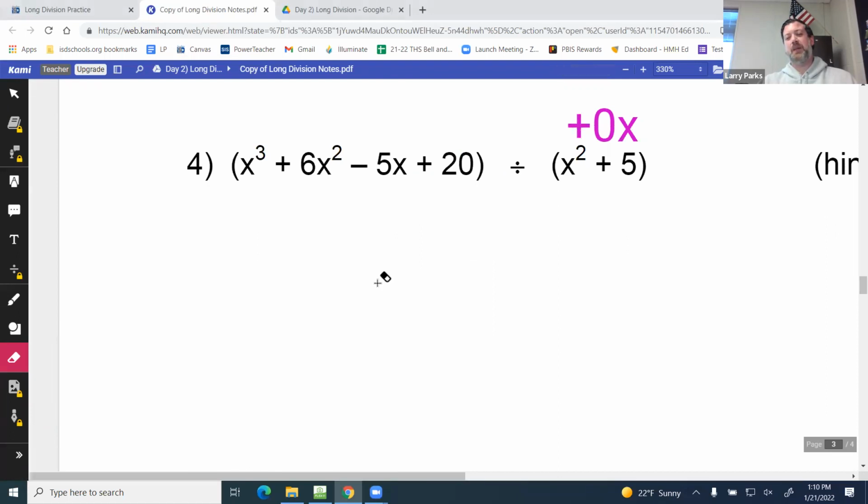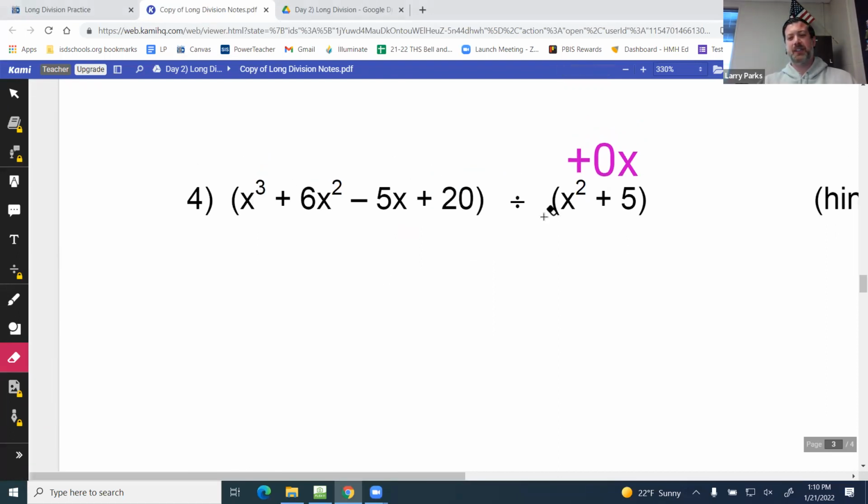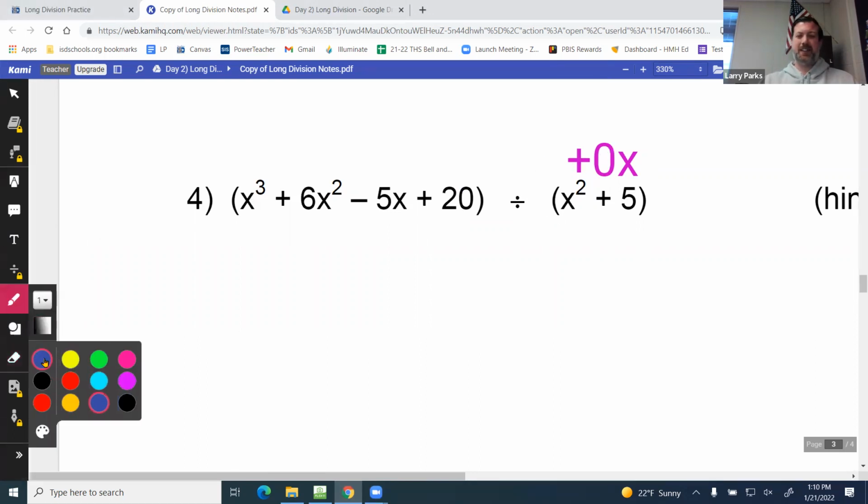But for this method, you still have to recognize we're missing the x terms. We have to put 0x. So I call this the tic-tac-toe method. So we need a spot for 3. So I'm going to go